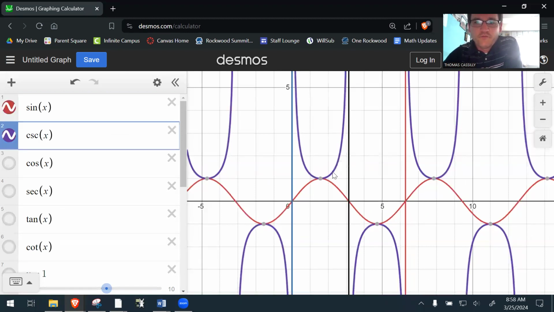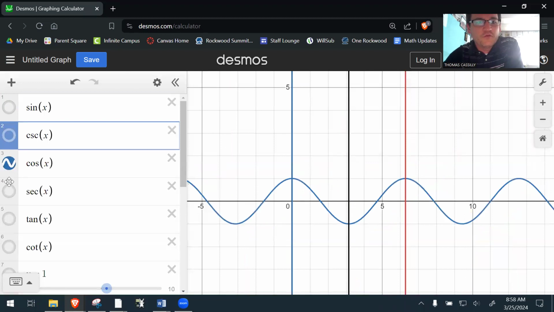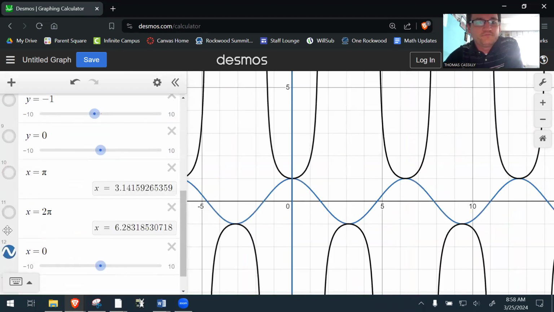So notice how, if you look at the cosecant and the sine, they intersect at these spots that we have. So all you have to do is really graph the sine, make those U shapes. And the same thing is going to hold true for the cosecant, right? So if we look at the cosecant here,